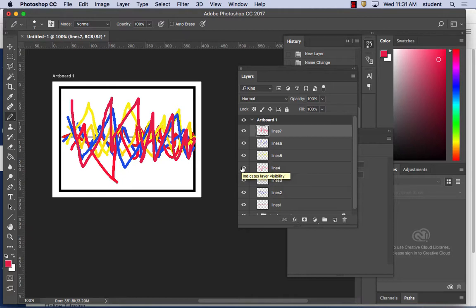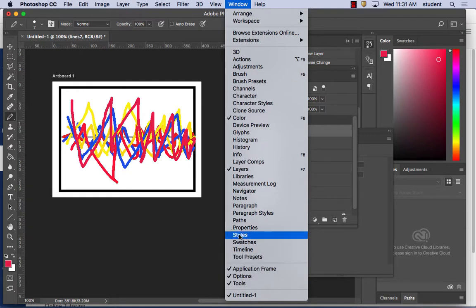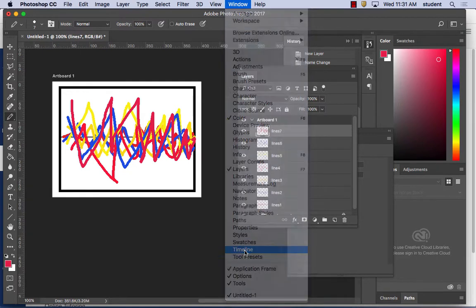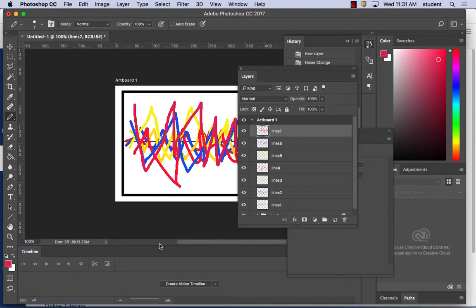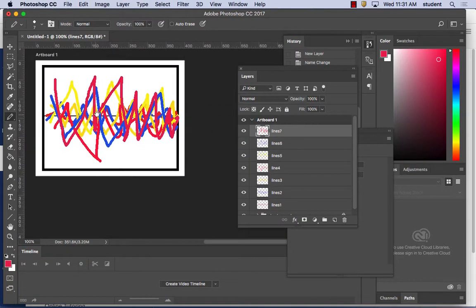I can then bring up something called the timeline in Photoshop, and in the timeline in Photoshop you can do frames. So instead of calling it timeline, it says create video timeline. I don't want a video timeline. I'm doing frame by frame animation, so I'm going to change it where it says create video timeline to frame by frame animation right there. And you'll notice when you do that, you'll get a little